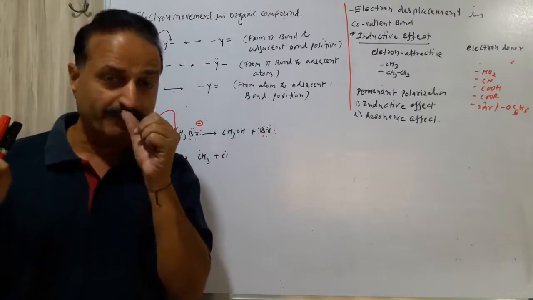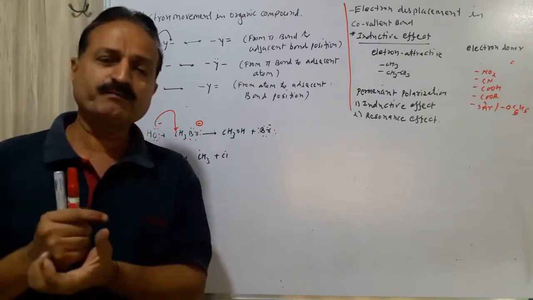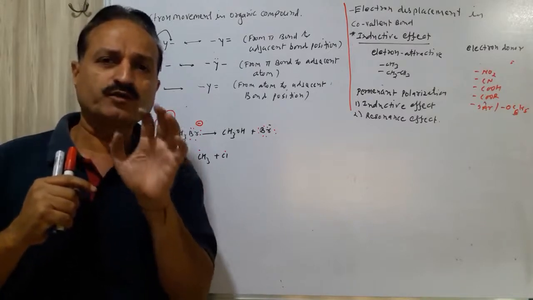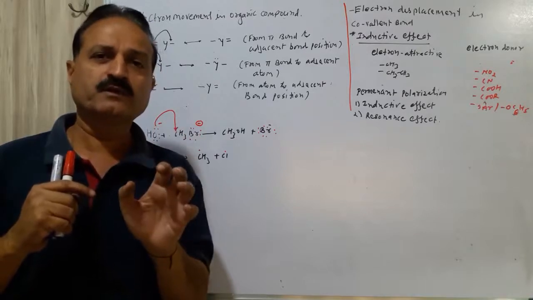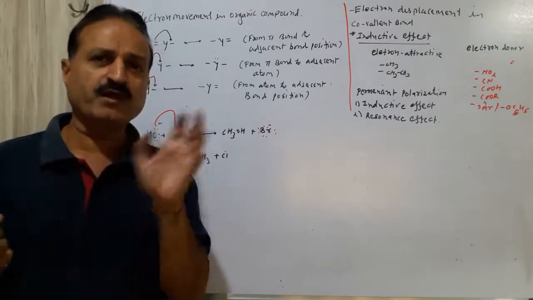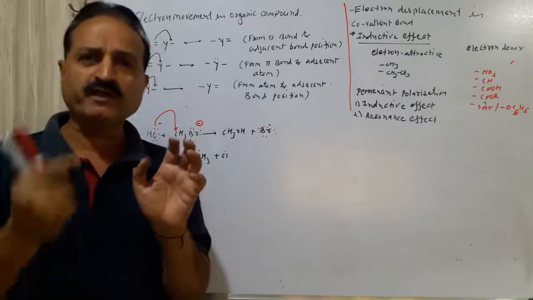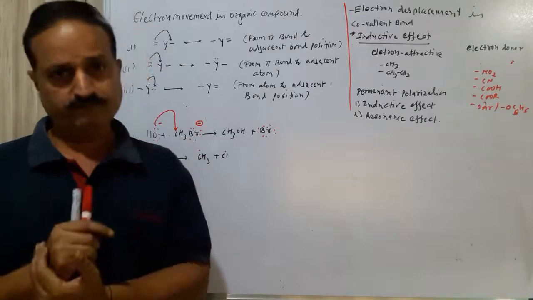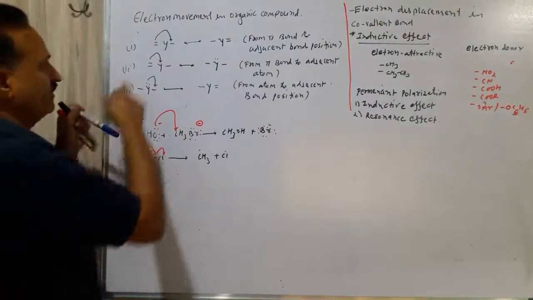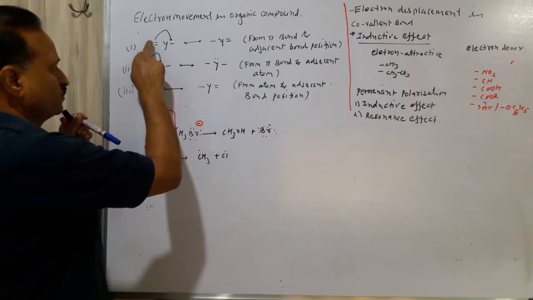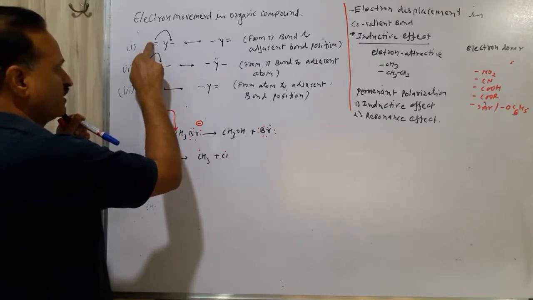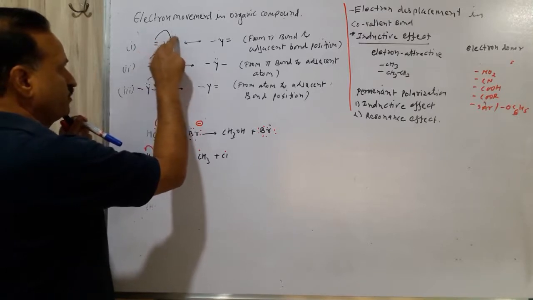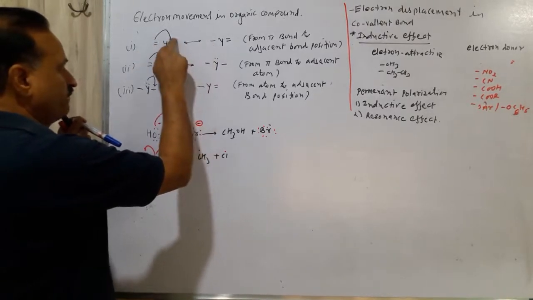So we have a simple example. That example simply shows how to transfer the bond's electrons from a pi bond to an adjacent bond, a pi bond to an adjacent atom, and an adjacent atom to an adjacent bond. Suppose we have a double bond over here. So the bond electron will start from here and end over here. So this bond will transfer from here to here. So here will be a single bond and here will be a double bond. Clear?